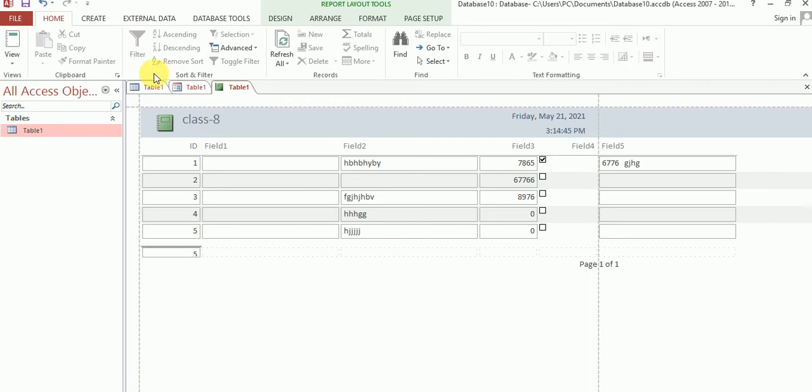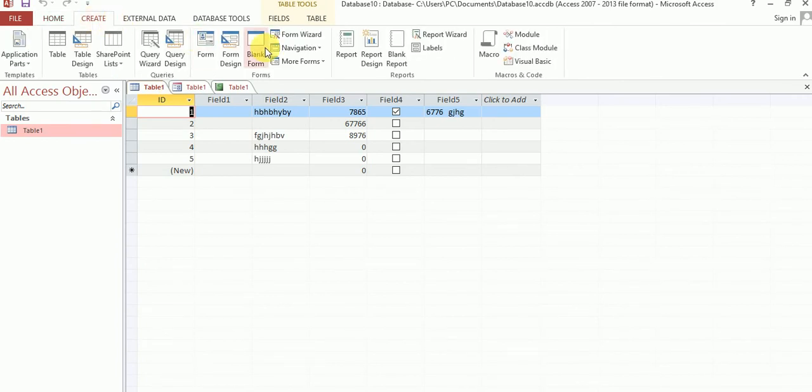Okay, and query. A query is a question put to the database to view the records matching the criteria defined by you. Using a query, you can view or manipulate a selected set of the data stored in a single table or multiple related tables. Query, query is what? You can see my query here. I think design view, layout view, print view, report view. You can see my query.